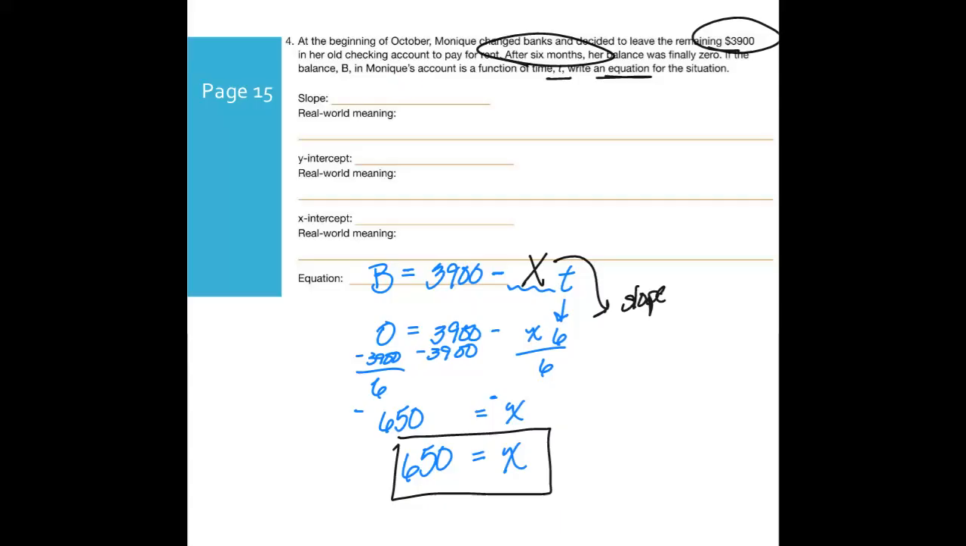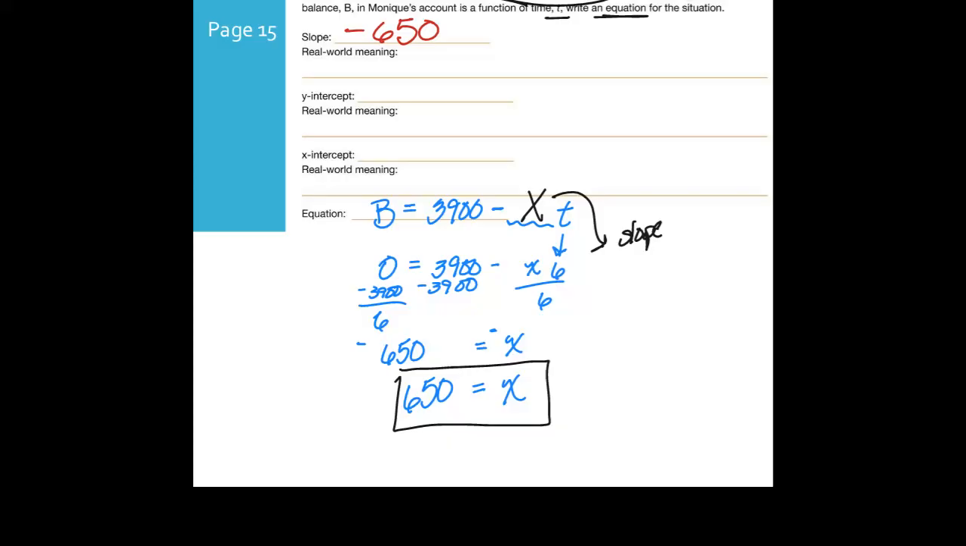Let me read the problem. At the beginning, she changed banks. After 6 months, her balance was finally zero. How are we getting from some amount of money down to zero? What's happening with that slope? It's decreasing. So the slope is actually negative